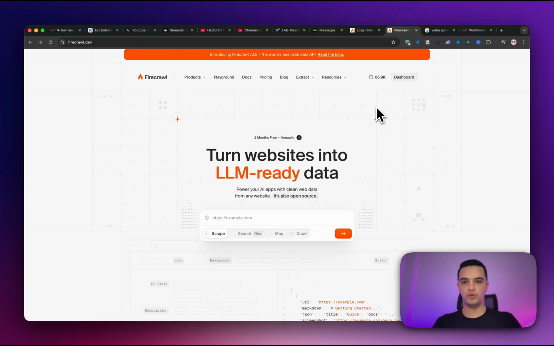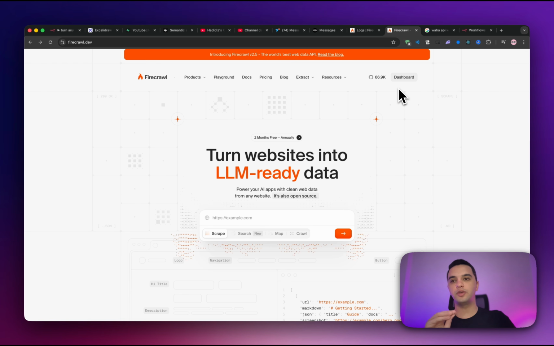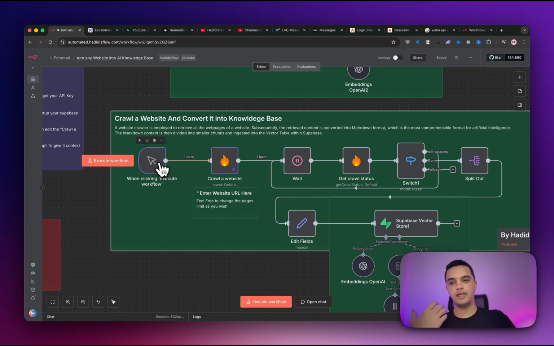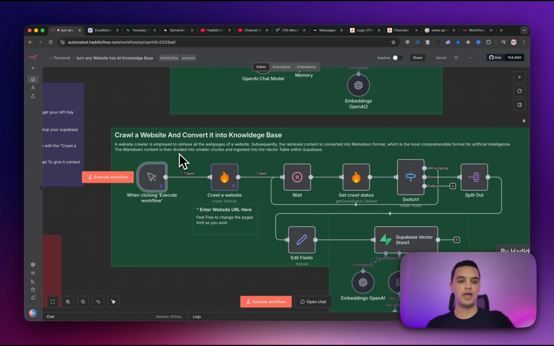So the first thing that we're going to do is sign up for FireCrawl. FireCrawl allows us to scrape the website, collect all the website pages and the website links, and convert it into a Markdown format. So sign up for the free tier of FireCrawl, and then copy your API key. Then from there, we are going to create a new workflow here,